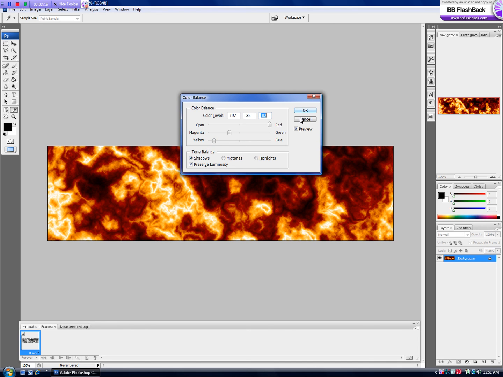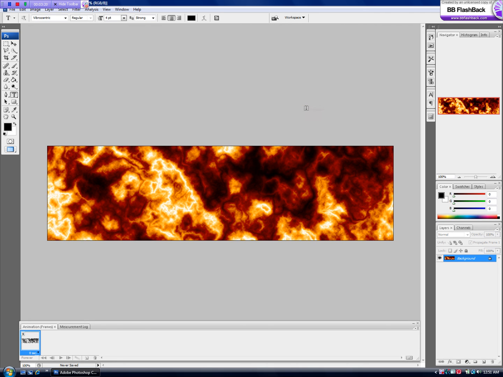Got basically where I want. A little bit of red, a little bit of yellow, a little bit of black for shadow. Go ahead and hit OK. Now that's your basic